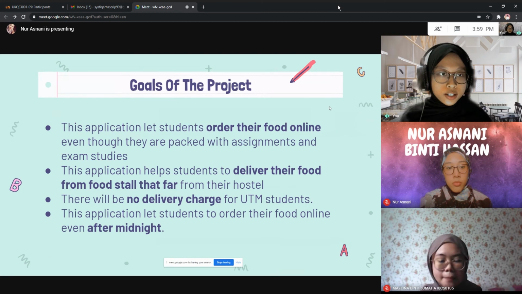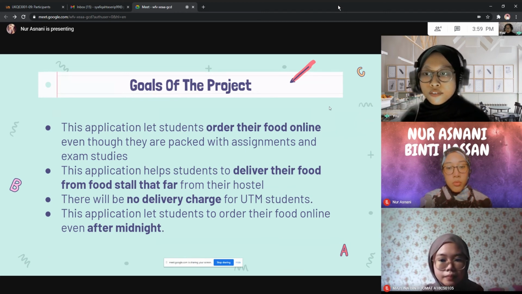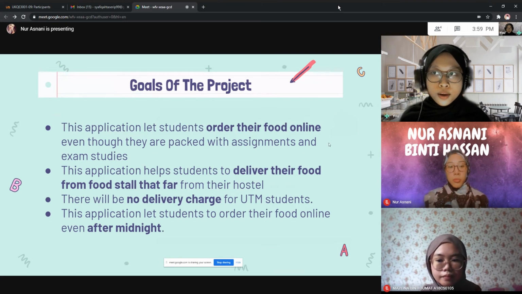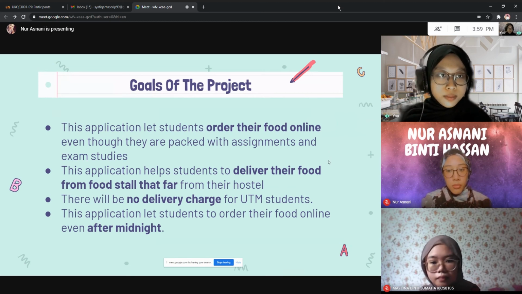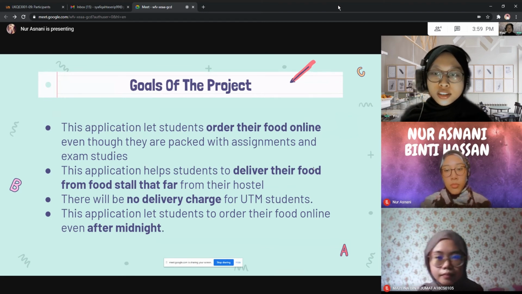Second, this application helps students get food from food stalls that are far from their hostel. Sometimes students crave things that are far from their hostel, so our application helps them order it and get the food.